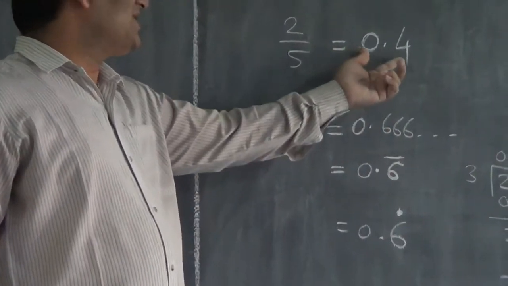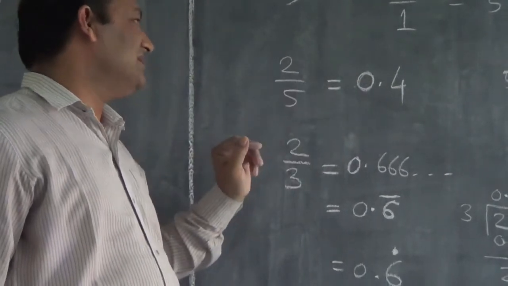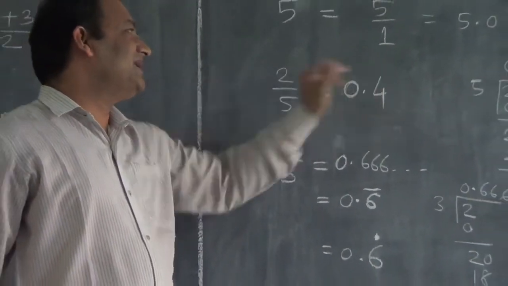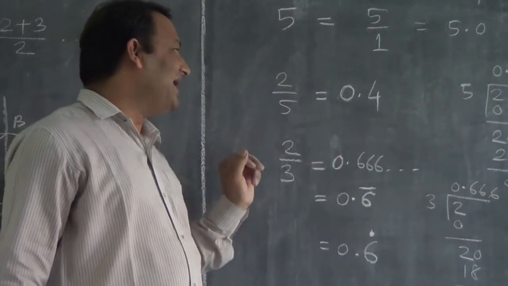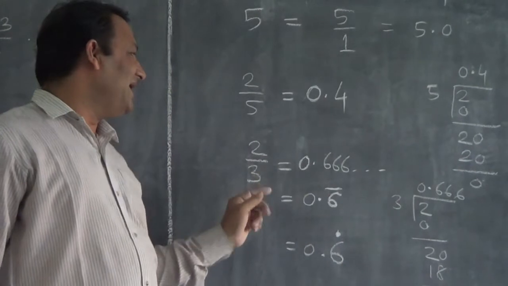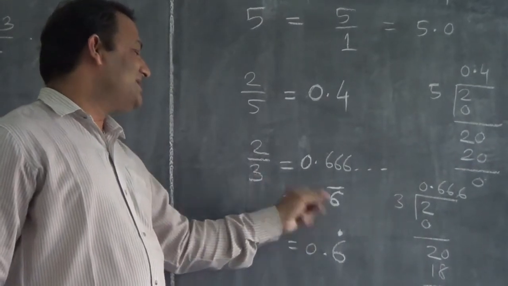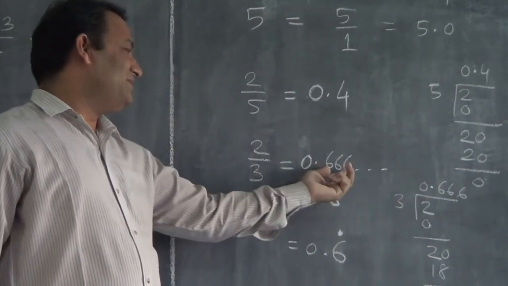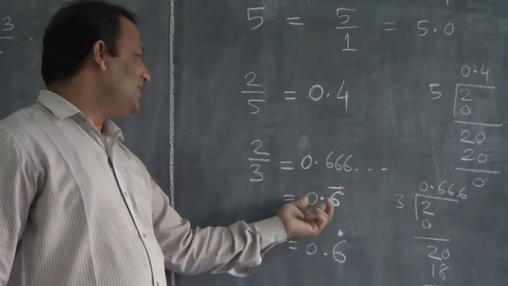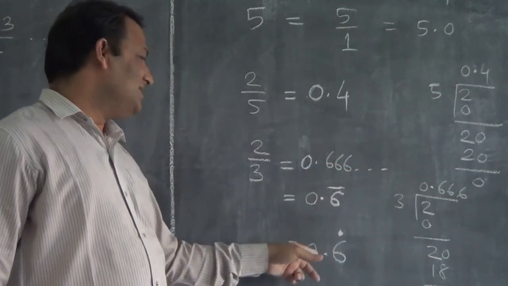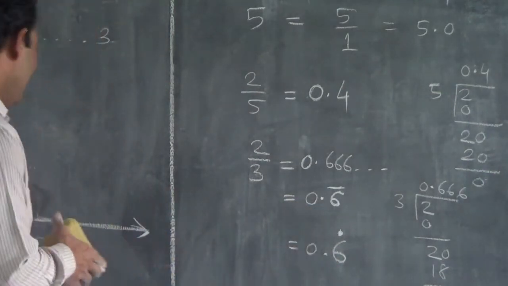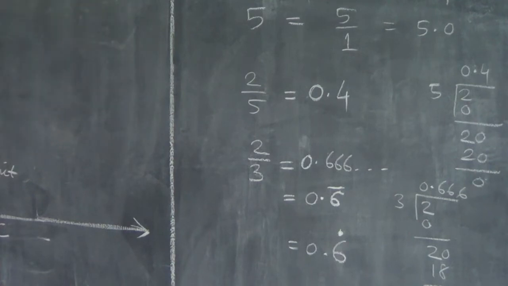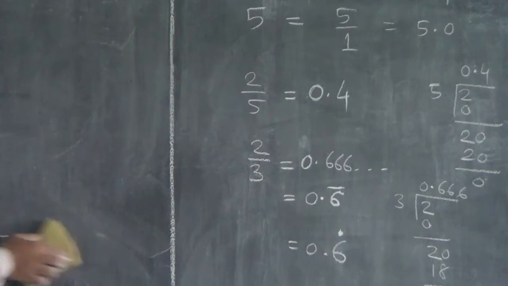So here this is a terminating decimal. It came to an end. After that there is nothing. This did not come to an end, but it is coming again and again. And now here 0.6 bar. Instead of writing 6 again and again, we wrote 0.6 with a bar over 6. We have put one dot here. So both forms of writing are correct. Whatever you want, you can write. So this is decimal expansion